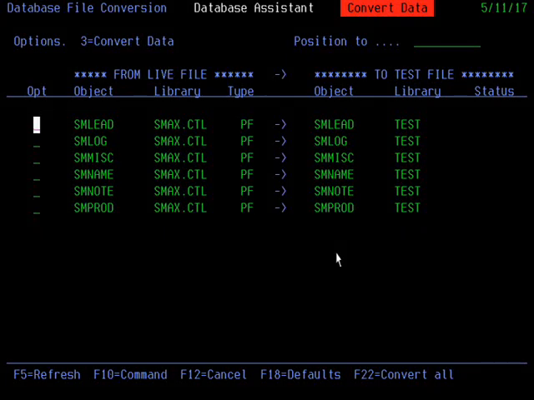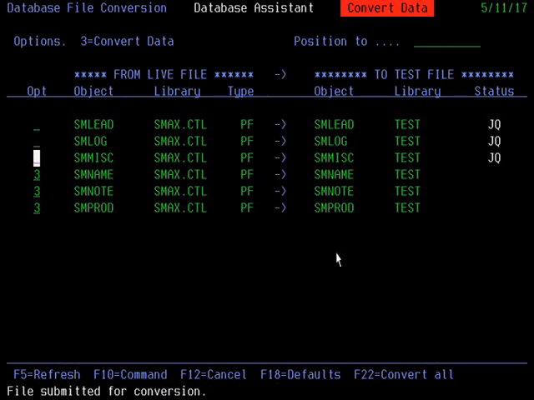So all we've got to do to convert the data is select option 3 next to each one. As you can see, it's going to write the data from the original live files into the test files. So it submits them to the job queue,